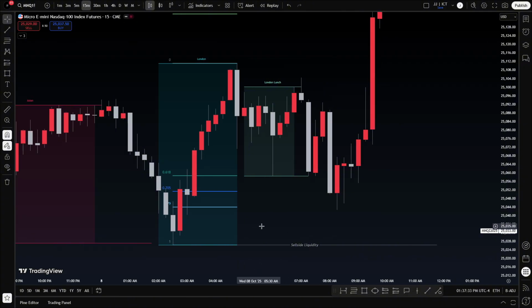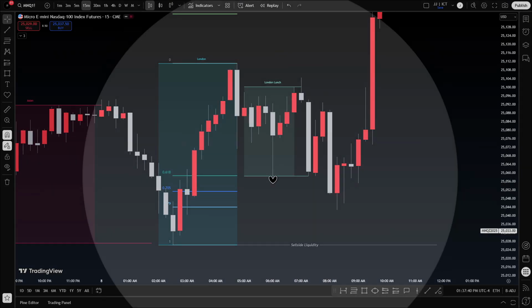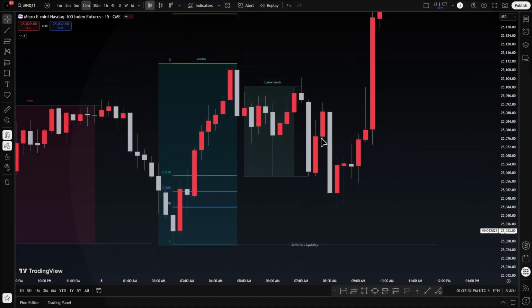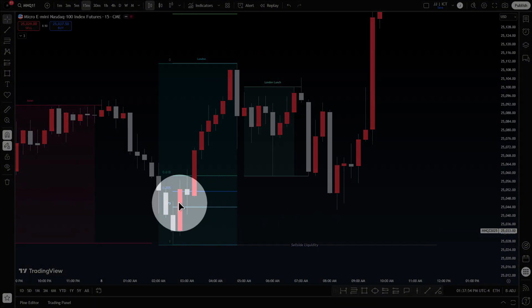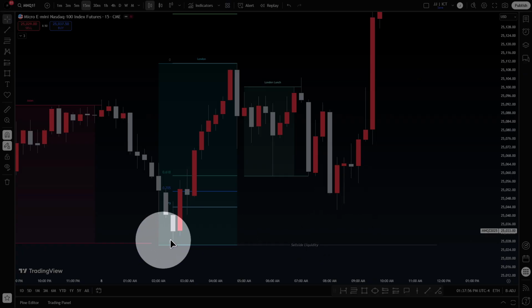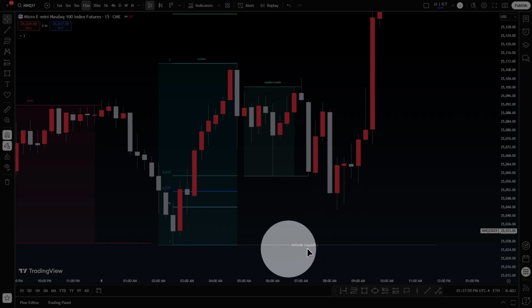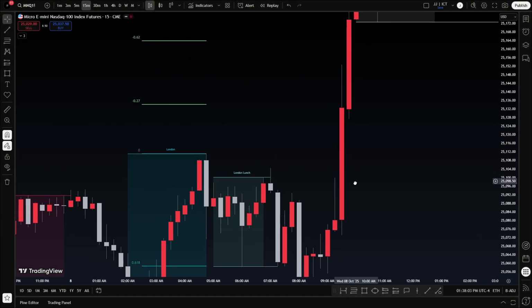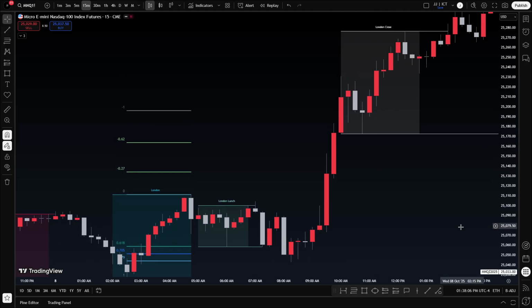It doesn't mean it is going to go higher from here. So we have the respective optimal trade entry. Matter of fact, almost all optimal trade entry levels. Then we have the purge of London Lunch low with the matching of this relative equal low right here. So we got the purge of London Lunch or relative equal lows that merge into London Lunch lows. We see that get purged with the respect of optimal trade entry and the failure to break the London low, which is right down here at sell side liquidity, in which we see price kick in here at 9:30 and jump higher. Wow, pretty nice, isn't it?